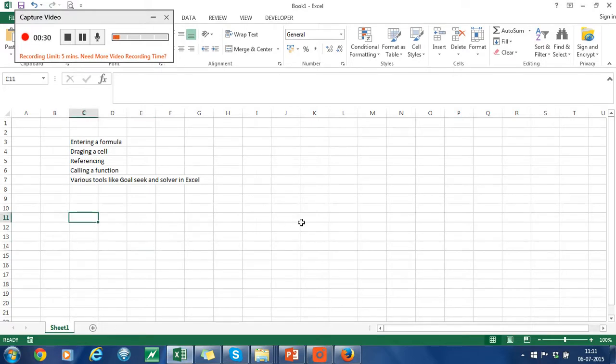So let's start with the basic thing. How do you enter a formula? To enter a formula, you have to press the equal to sign or a plus sign. Once you enter equal to or plus, Excel will know that you are entering a formula. I'll show you the difference by writing, let's say, A equals 5, B equals 6,